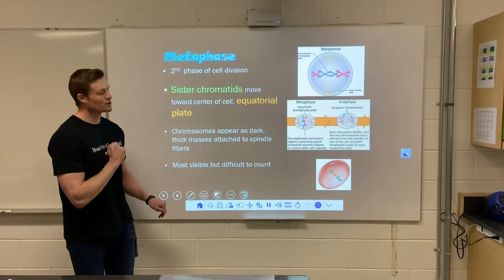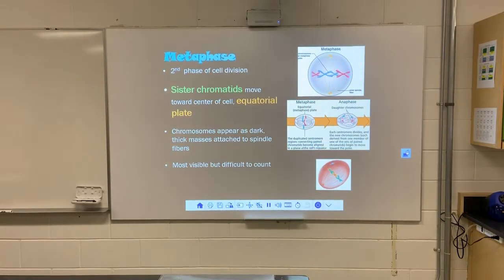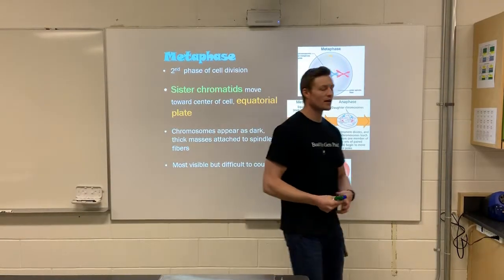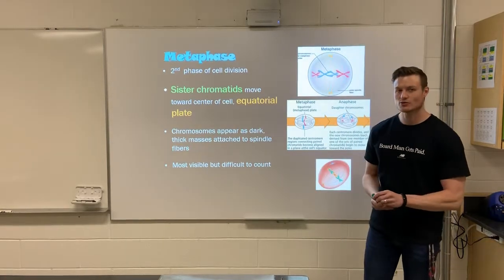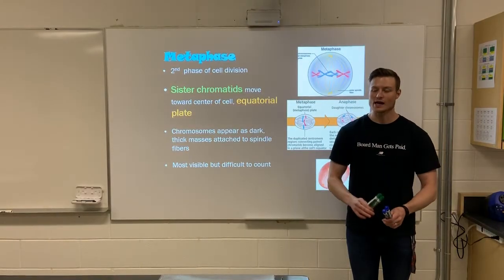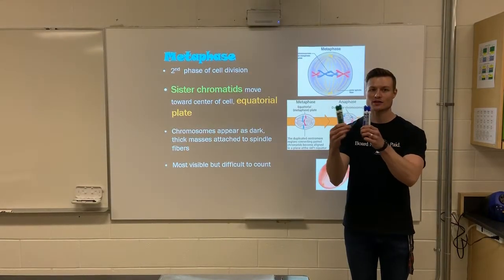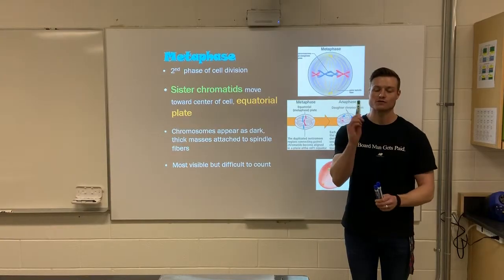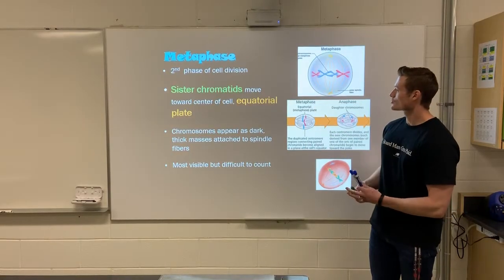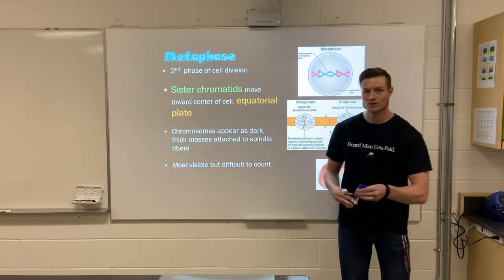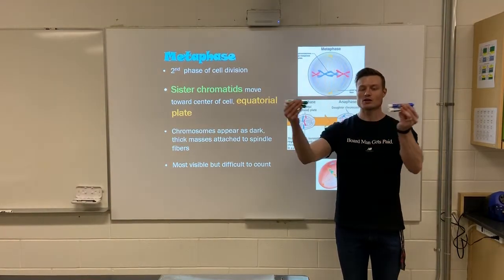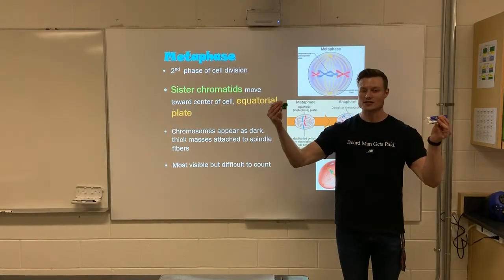Okay? Next, we're going to have metaphase, and I'll just grab a couple more markers to show you. So in metaphase, the chromosomes will line up in the middle of the cell, the equatorial plate. Remember, the chromosomes at this point have gone through gap 1 and S phase, so they duplicated their DNA, so now all chromosomes are double-stranded. You have 46 double-stranded chromosomes, okay? Those sister chromatids are now going to line up. So there's going to be one here, one here, one here, one here,